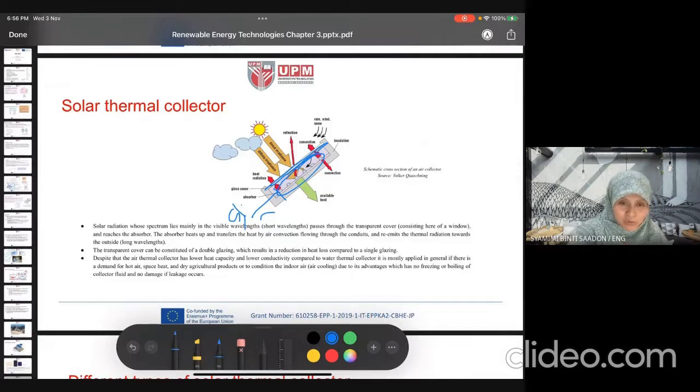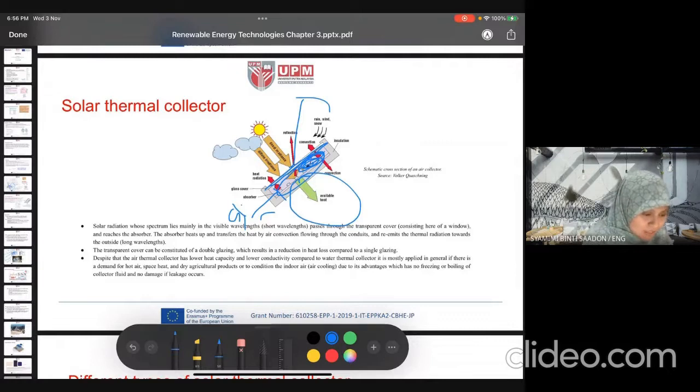This will cause the air to be heated up. So there is a convection process inside. Some of the radiation will also be reflected. So the heat produced by the collector will be the available heat that will be used for the building or